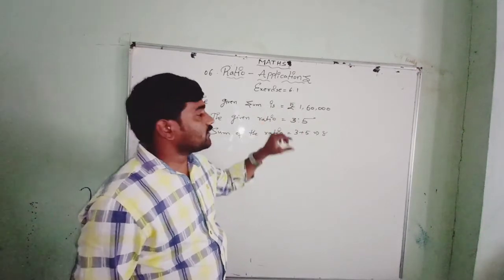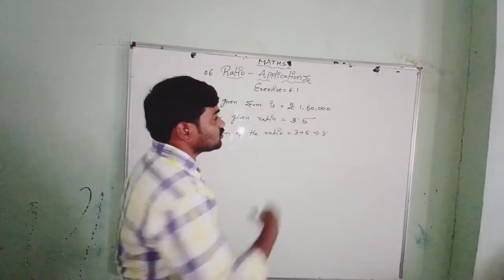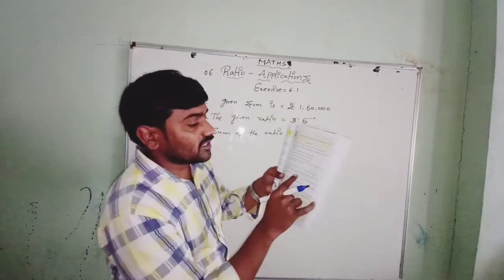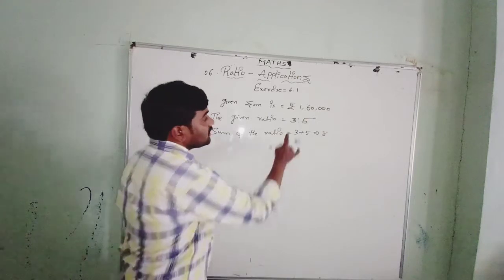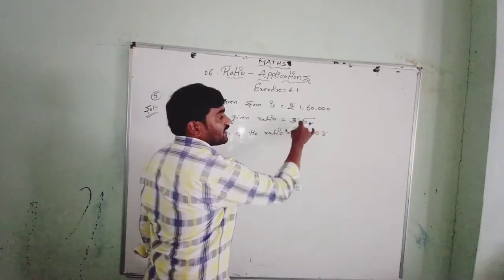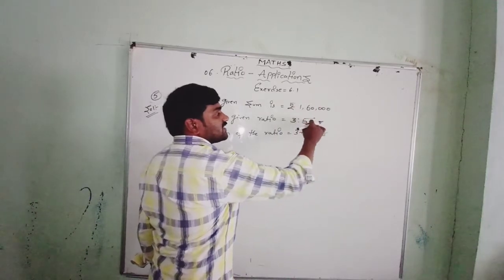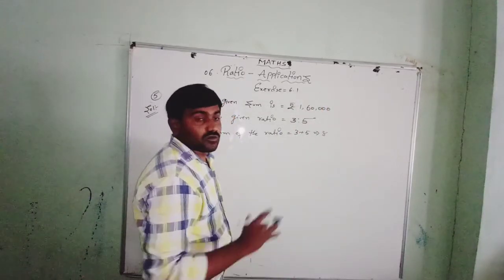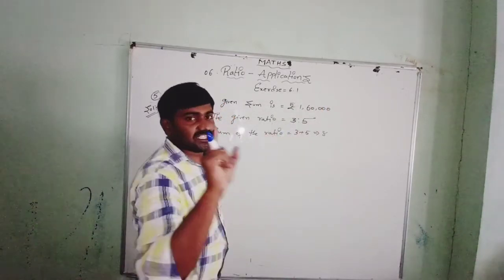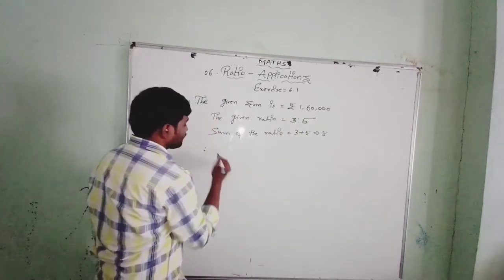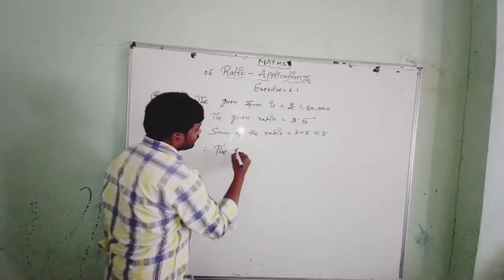Then which part we have to find out, smaller part or bigger part? In this, we need to find out only the smaller share. It is a 3 and it is 5. This person will take 3 parts of share and this person will take 5 parts of share. So which is the smaller share? Only 3 is the smaller share. Therefore the smaller share